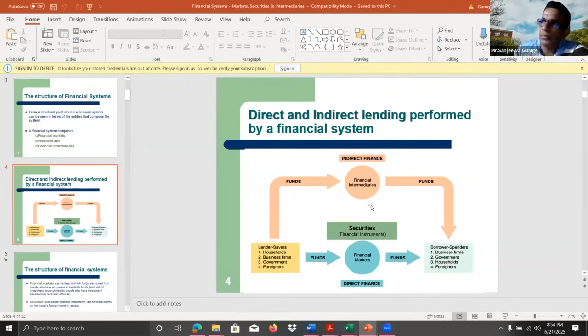When we consider the people in a developing country meeting their financial requirements, especially the channeling of funds, out of these two alternatives, what is the alternative used by most of the participants? Direct finance or indirect finance? Indirect finance, which is correct, right? So especially in developing countries, indirect finance means financial intermediaries perform a more significant role compared with financial markets.